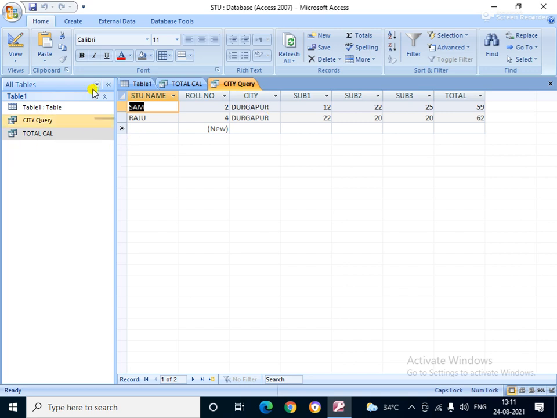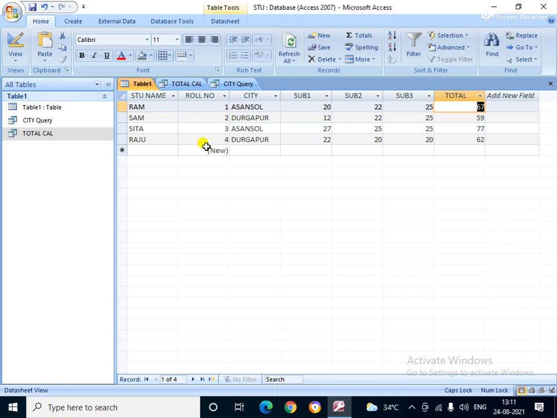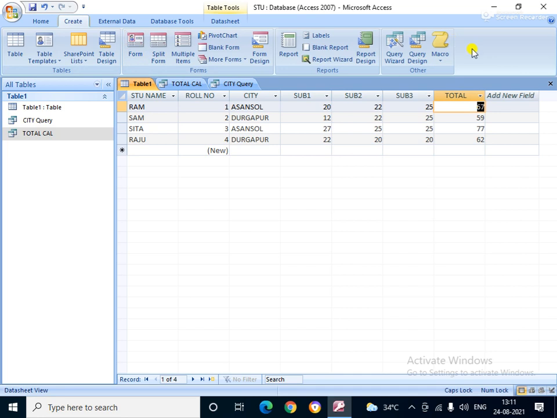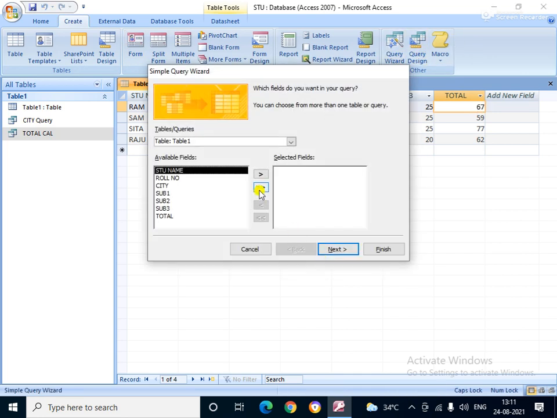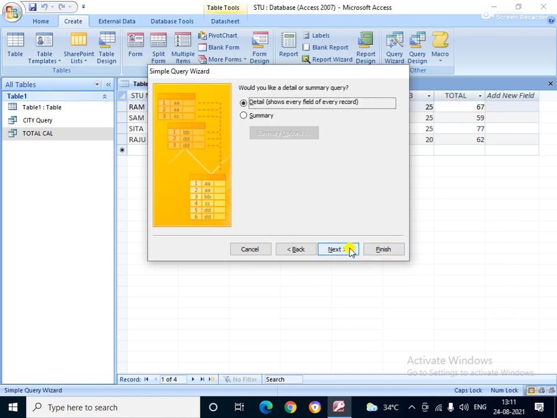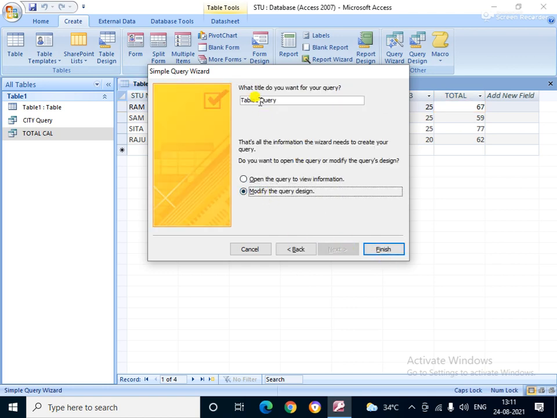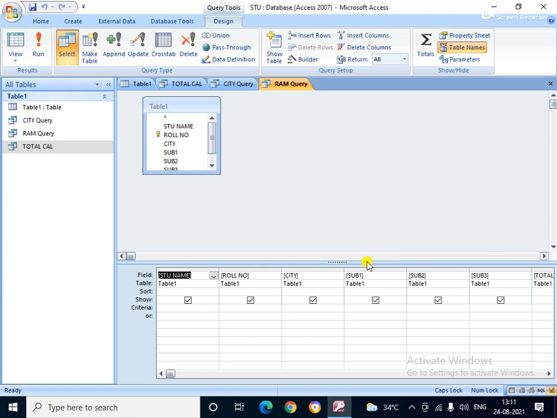Suppose you want to see the details of a particular student, such as Ram or Sam. Use the same steps: modify, suppose here is the student Ram, then finish. Write Ram, asterisk, and the bracket close.